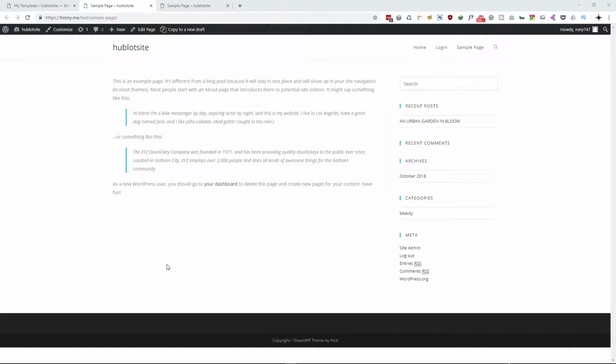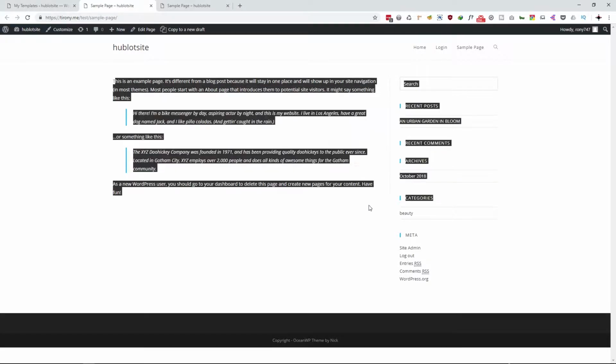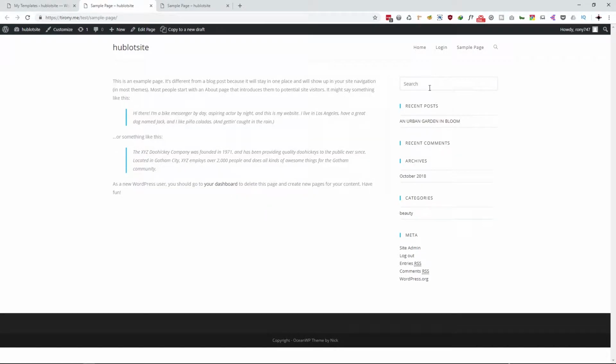Hello everyone, today I'll show you how you can design your own page template with Elementor. So as you can see, this is the default page layout of the OceanWP theme. On the left hand panel you will see the content area, on the right hand panel we have a sidebar area. Yes, of course you can customize it with the customizer, but I will show you how we can turn this